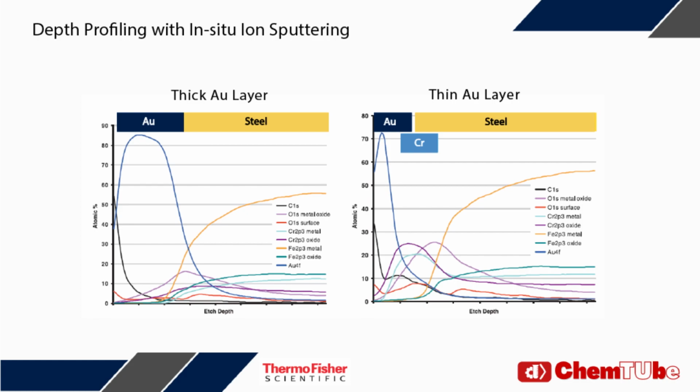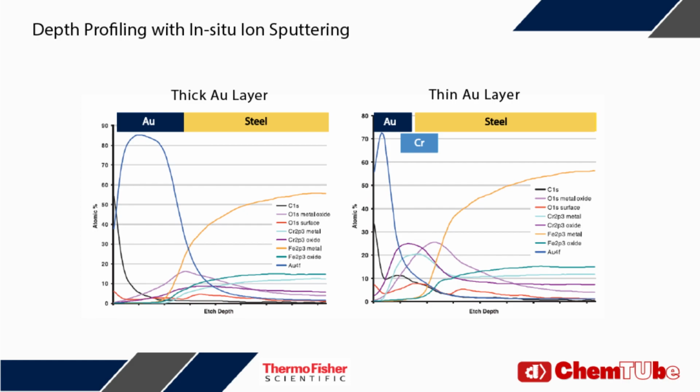Stainless steel can be used as a fuel cell separator. However, it's not conductive enough and can lead to chromium leaching, which poisons the neighboring catalyst. To solve this issue, a thin coating of gold is applied. XPS analysis, using ion sputtering and depth profiling, was used to analyze the chemical composition of the coating as a function of depth. The graph here shows that when the gold coating on top of the stainless steel substrate is too thin, indicated by the graph on the right-hand side, chromium migration is observed, indicating leaching of chromium from the steel to the gold layer.